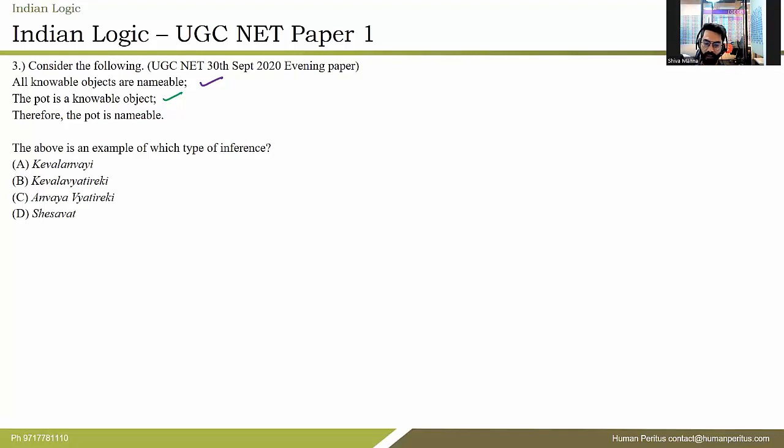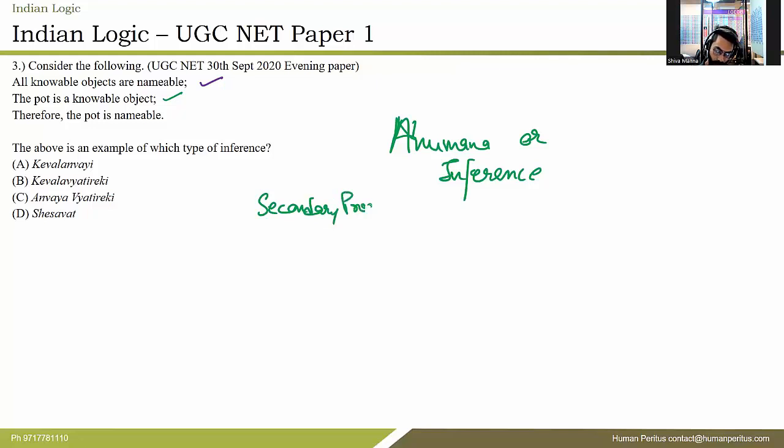It's very basic, right? So what they have actually done in this particular question is a type of Anumana, or inference. You are taking knowledge out of certain facts and making it your own. You are inferring something from it, right? Anumana means secondary proof. We assume. Just take a basic example. What does Anumana mean? How do you infer something?